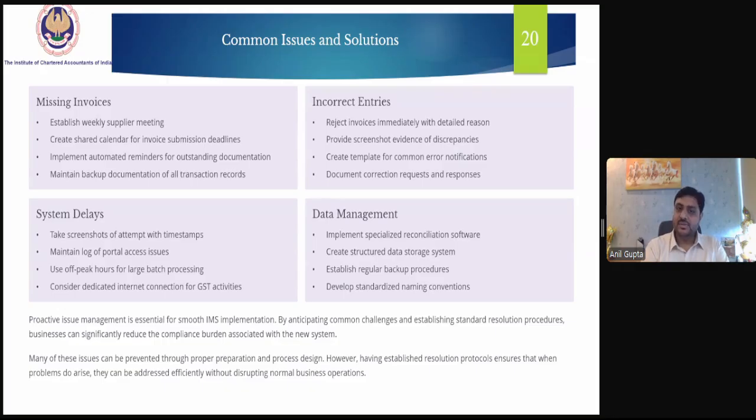Many of these issues can be prevented through proper preparation and process design. However, having established resolution protocols ensures that when problems do arise, they can be addressed efficiently without disrupting normal business operations.